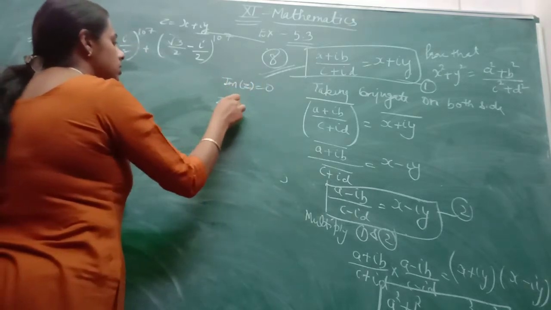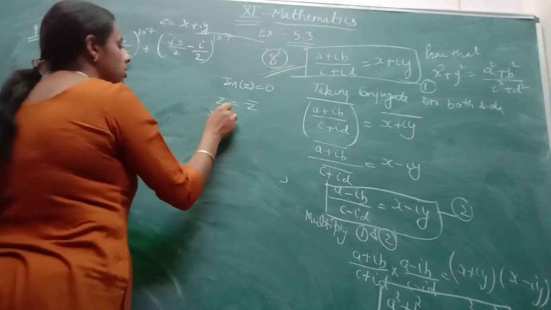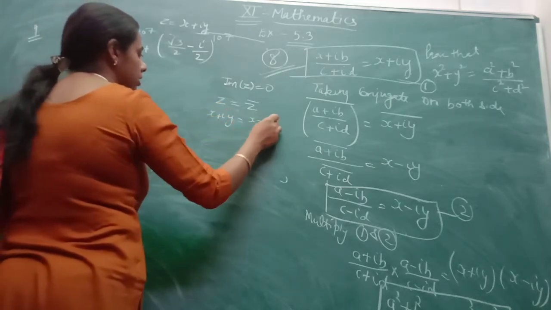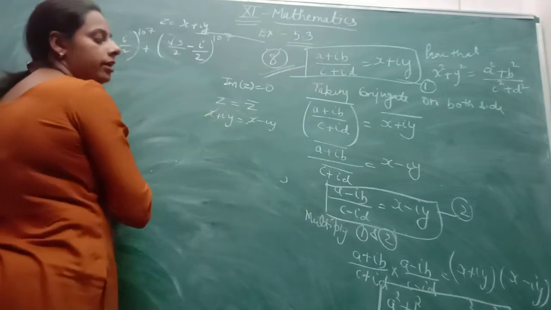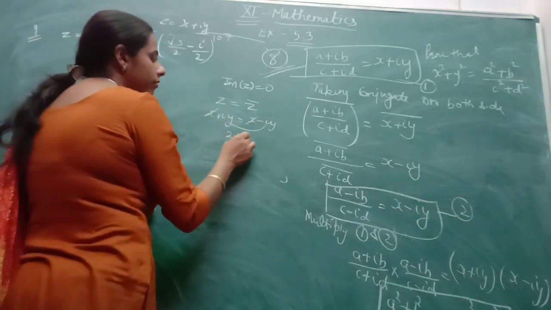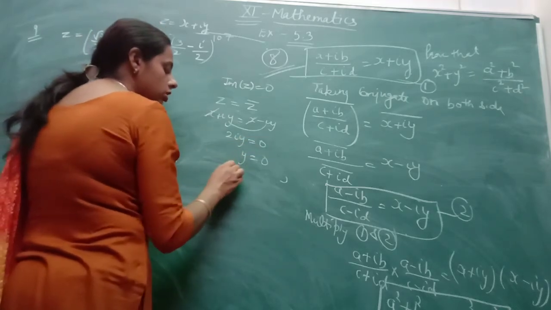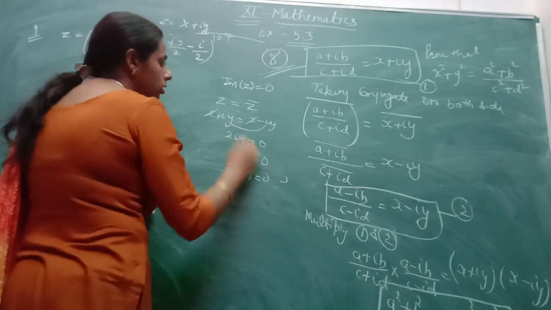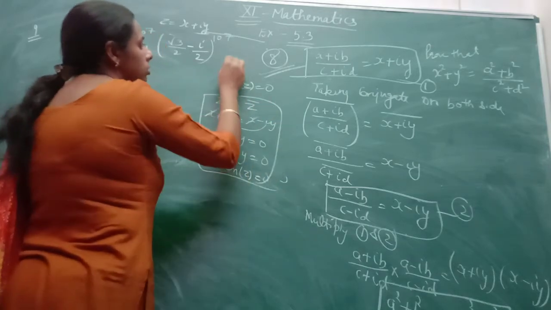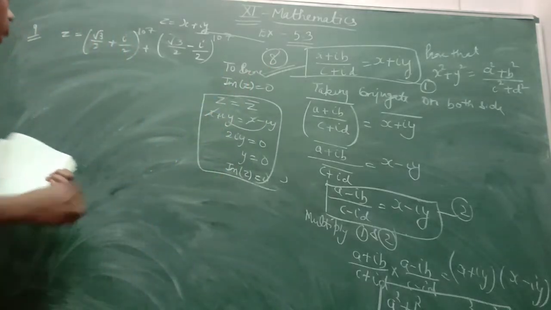When z is equal to the z conjugate. Suppose if I take x plus iota y and here is x minus iota y, then as you can see x will be cancelled by x, then you can say that 2 iota y is equal to 0, then you can say y is equal to 0, and y is the imaginary part of z.